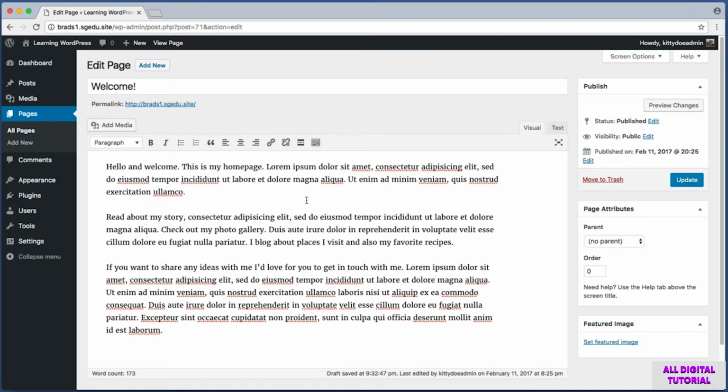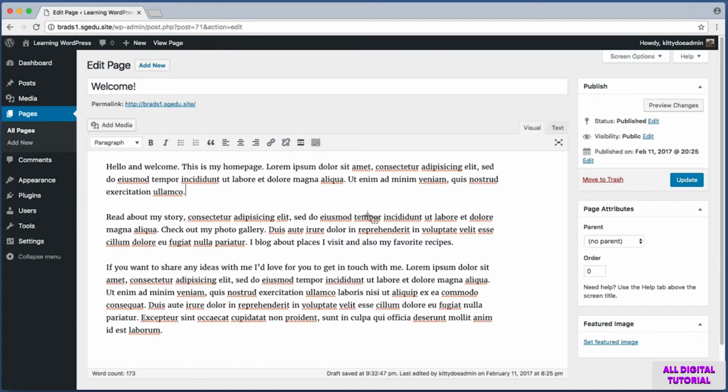But what I really wanted to practice with you are the simple tasks of A, adding an image to this page, and B, creating links to our other pages within these paragraphs. I know that we've done both of those things in the course so far, but I think a little repetition and a little bit of practice is always a good thing.